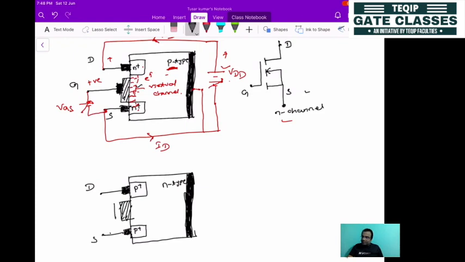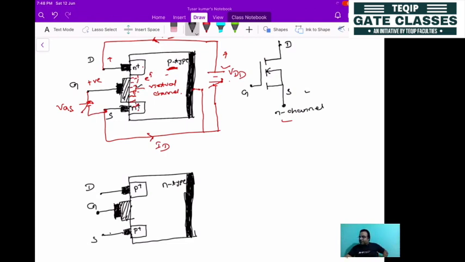And here the oxide layer will be present, and here will be the metallic contact. Okay, so this oxide layer, what is the purpose? This is acting like an insulation. It is isolating the semiconductor from this gate terminal. Okay, but you can apply the voltage. That forms one capacitor over there, so we'll see that while discussing the characteristics. So this is the gate terminal. So this is the structure.